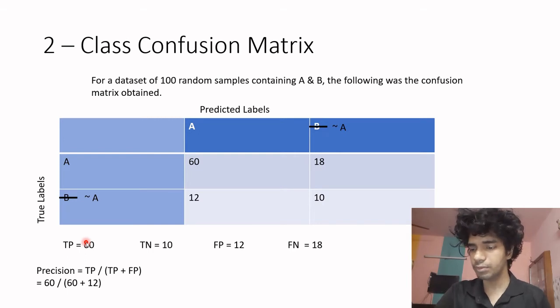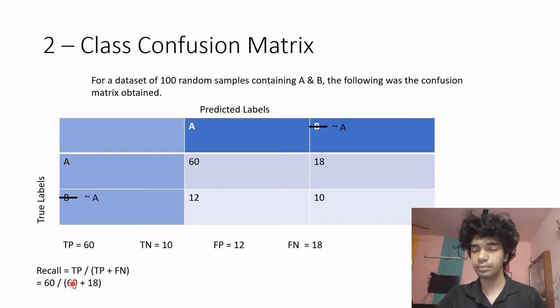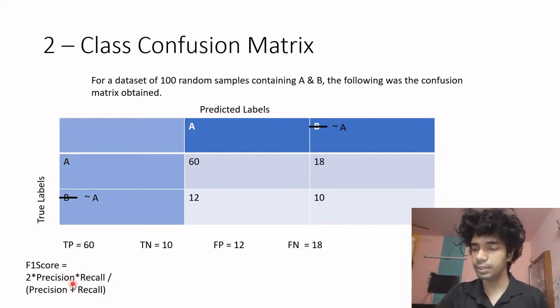Coming to precision, the value is true positive divided by true positive plus false positive. False positive we had, true positive we had, so just simply putting in the values and substituting and finding out whatever the result is. So would be the case with recall. You would be more concerned with the true positive value and the false negative value. So the difference between recall and precision is false positive in precision and false negative in recall. Apart from this, we have F1 score.